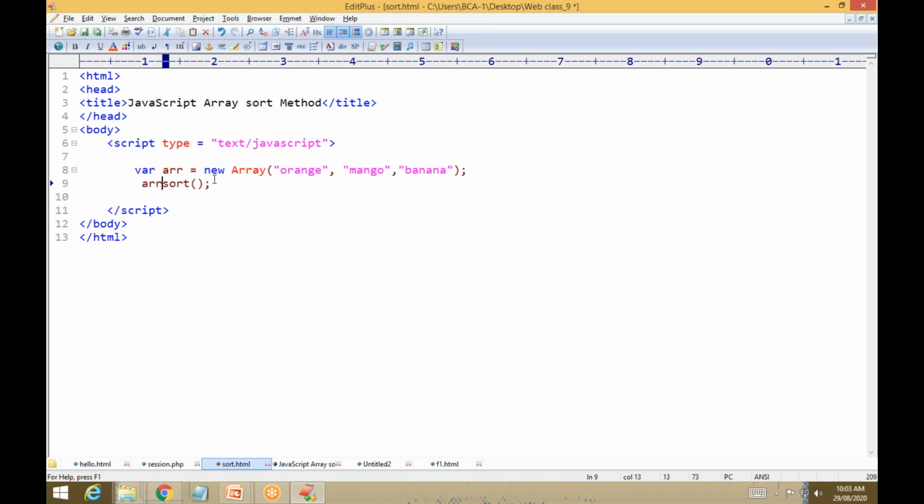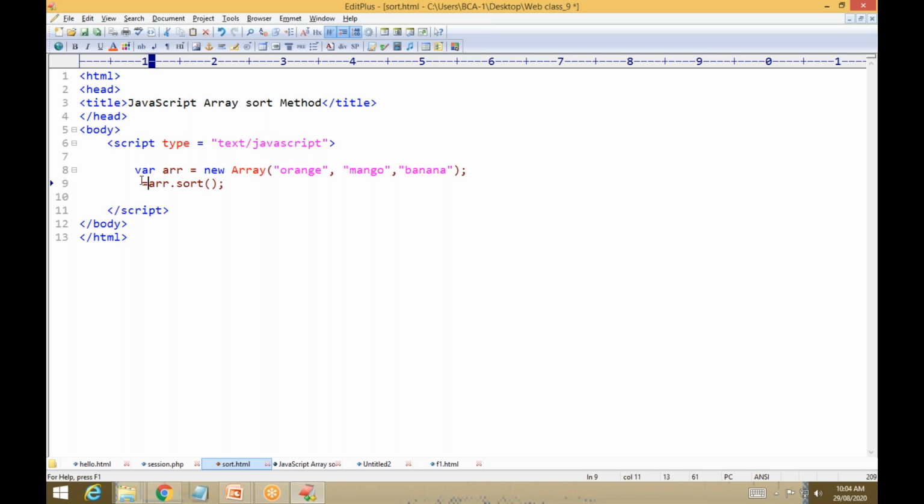Which array are we sorting? ARR, that's the array name. Using the dot we can sort. The dot creates a connection between the array and this method, the dot is accessing the array. The sort method is used for sorting elements already created using any method of array declaration. So the array name, then the sort method.